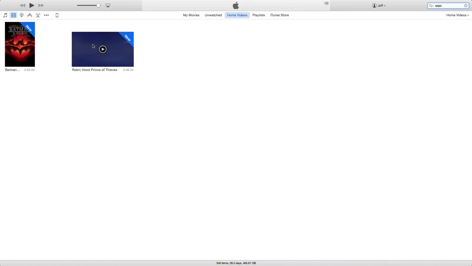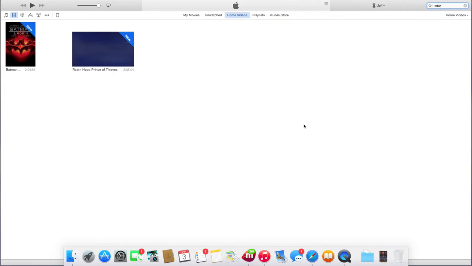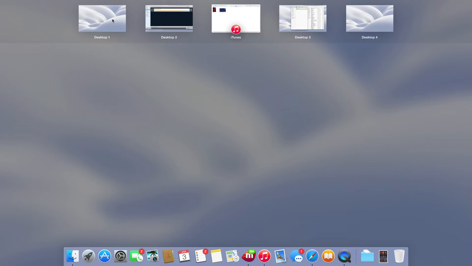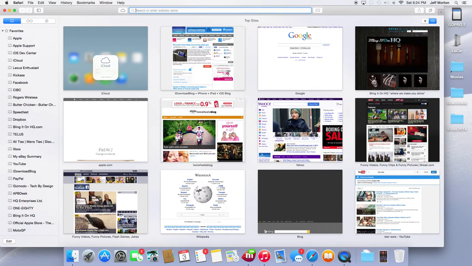It's Robin Hood. So I'm going to right click, you get info, but what we're going to do is download the album art first. So desktop, let's go to Safari. And what I do is I just Google